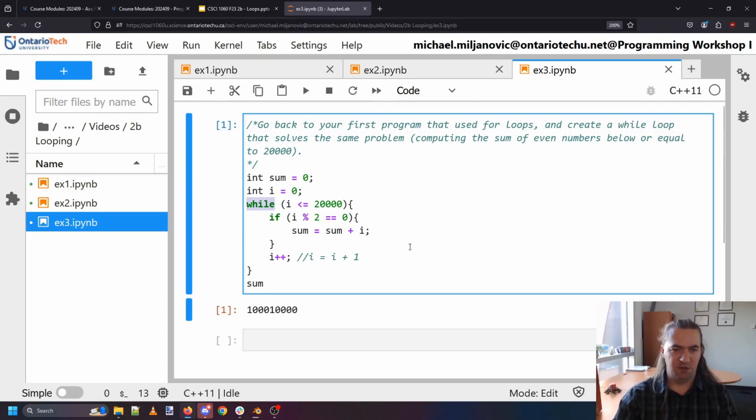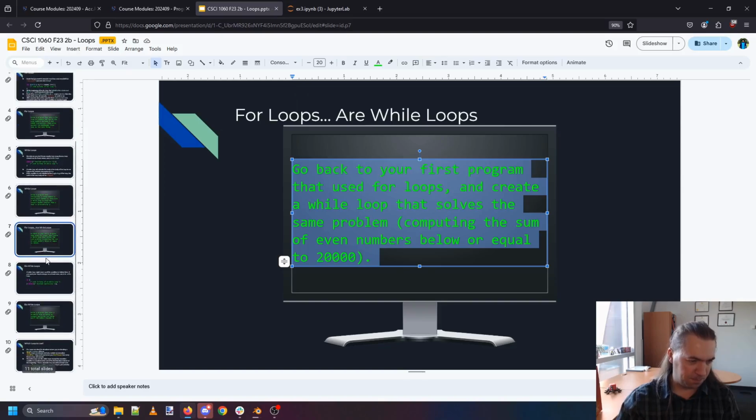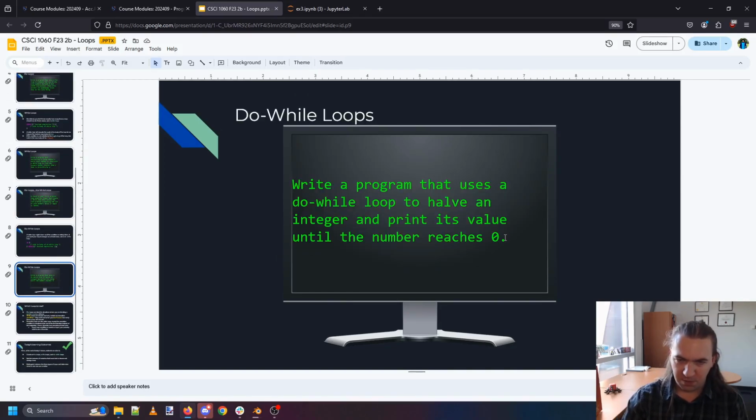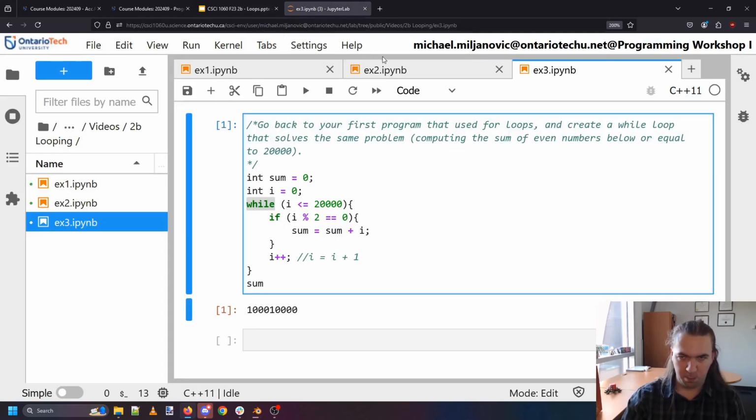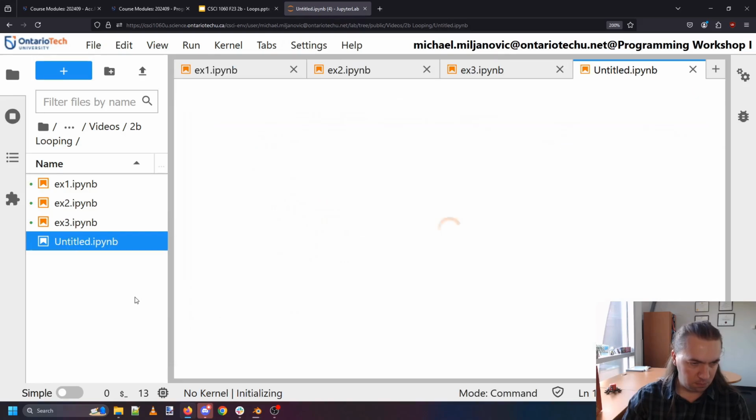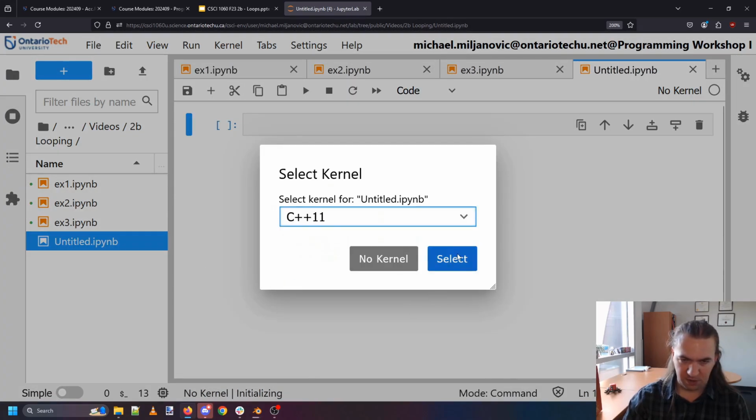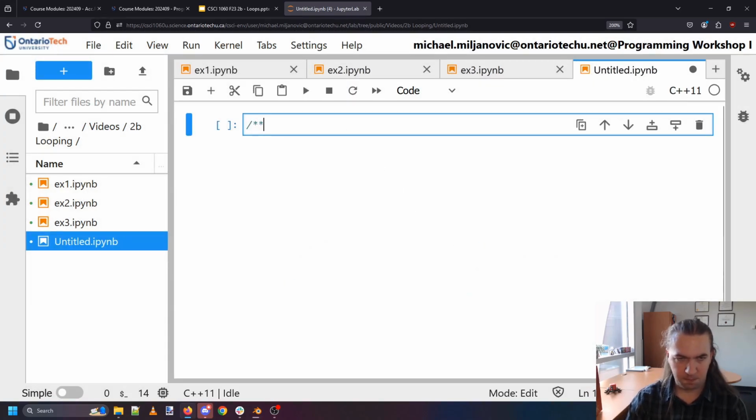Okay, we're now on to the last one. Exercise number 4 is a do while loop. Write a do while loop that halves an integer and prints out the value until the number reaches 0. Last but not least is exercise 4.